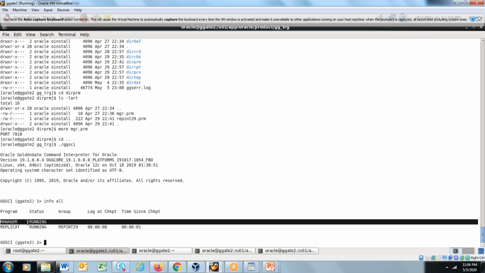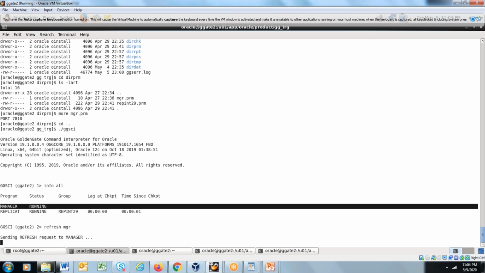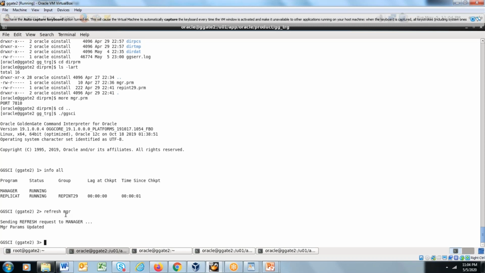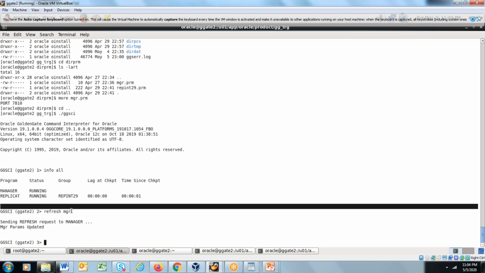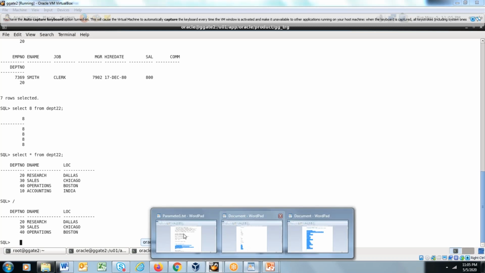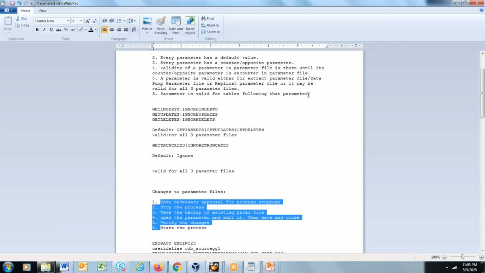Once you have made the changes to the parameter file, instead of starting and stopping, how can you make the latest parameters effective for the manager? You have to do refresh mgr. Refresh mgr is the command which works only with the manager.